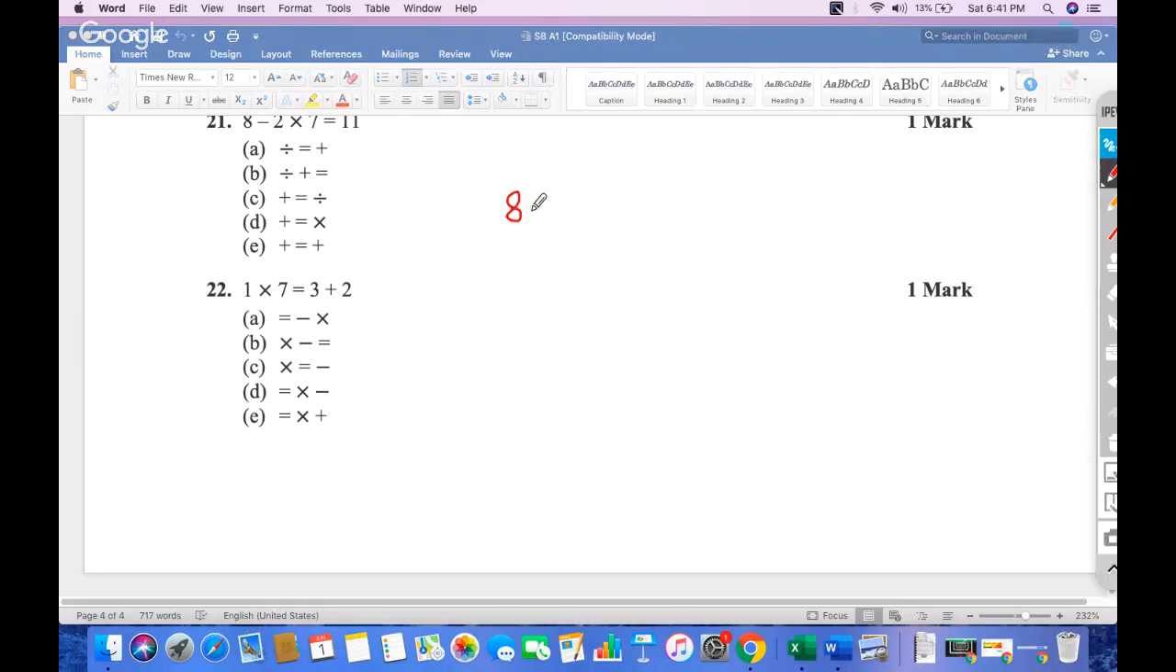21 is 8. It should be 8 by 2 plus 7. So 8 by 2 plus 7. So 21B should be the answer. Why? Because 8 by 2 is 4 and 4 plus 7 is equal to 11. So division plus equal to is 21B. And 21C should be